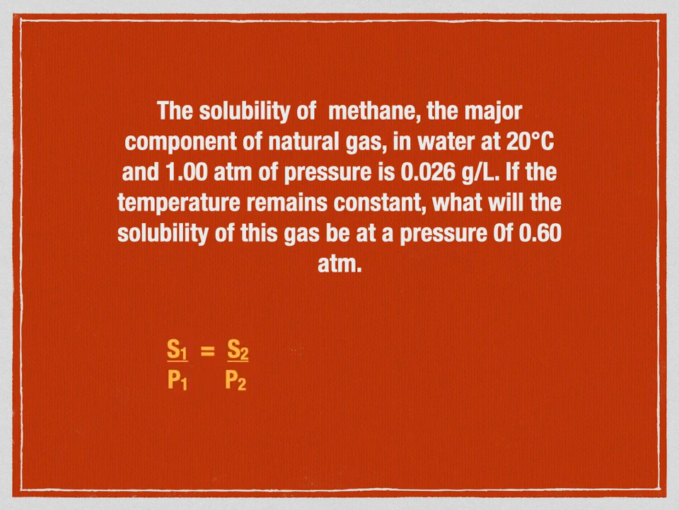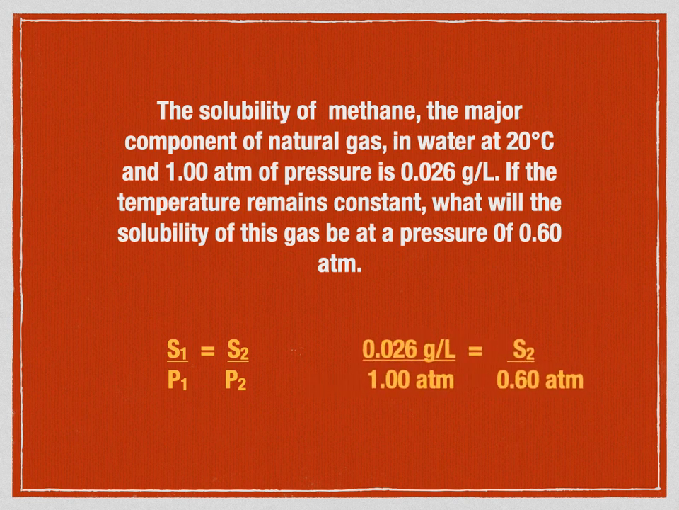So here's our setup. S1 over P1 equals S2 over P2. At 1 atmosphere of pressure, we have a solubility of 0.026. Notice we have a temperature in this problem, but nowhere in the equation does it ask for a temperature. What you want to do is substitute your given pieces of information into this equation. So we have a concentration of 0.026 grams of methane per liter of, it could be a liter of water, could be a liter of solution, divided by the pressure, which is 1 atmosphere. That is equal to the new solubility at the lower pressure